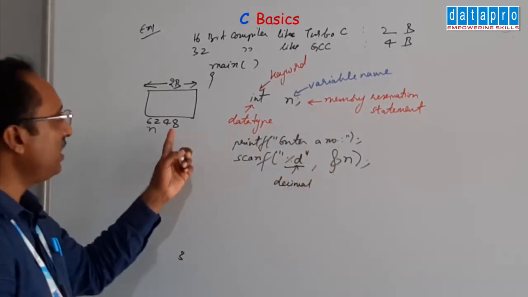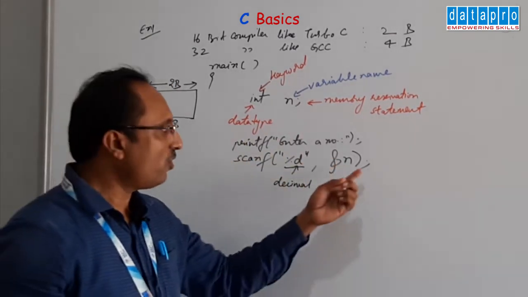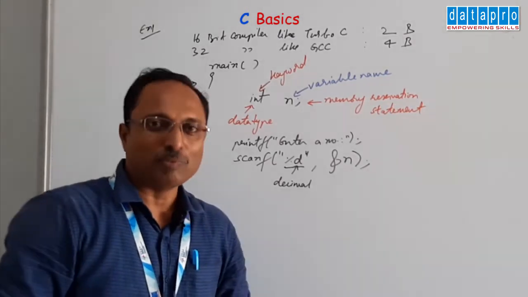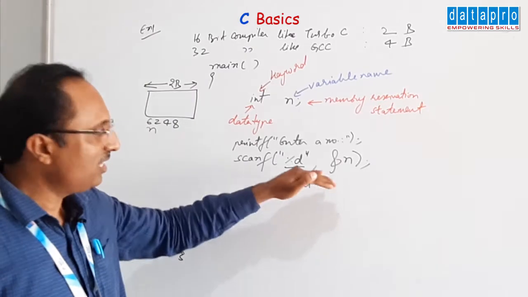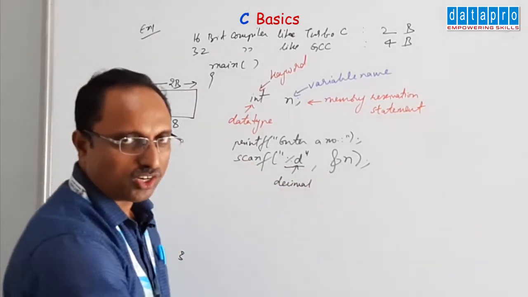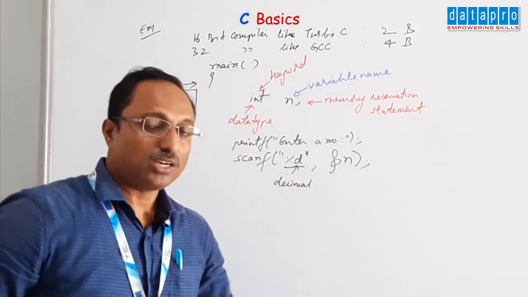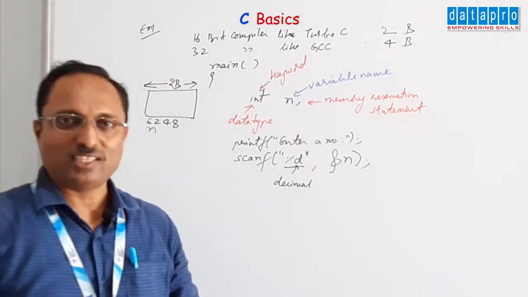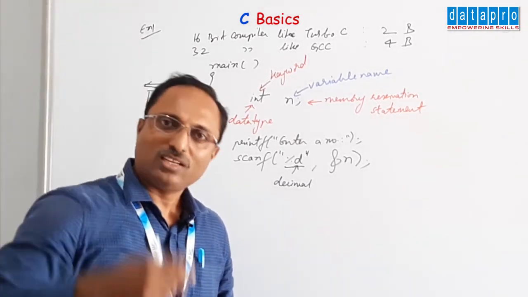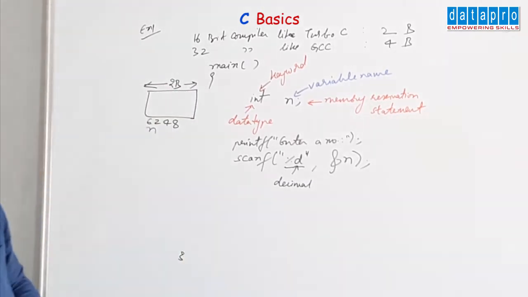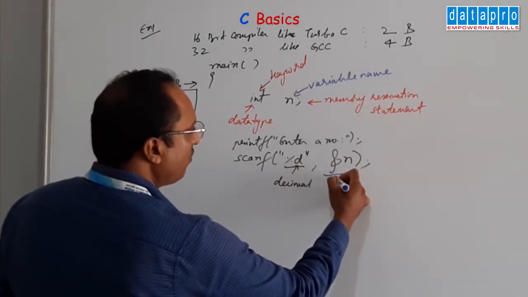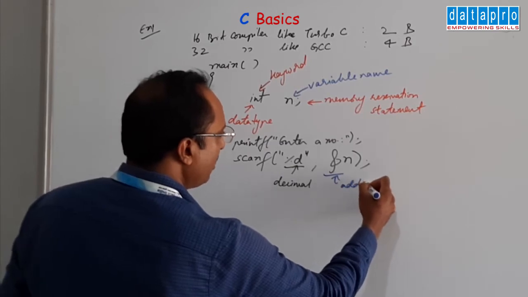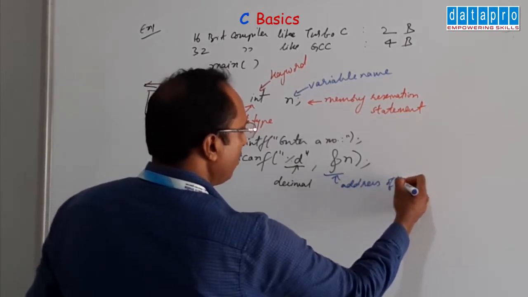We should not say the number directly because we don't know what number is assigned to the memory location. It happens at runtime. We can't decide in the program itself that I want such and such address. We can know what address it is assigned, but that we see later in some other chapter. So, this is known as the address of operator.